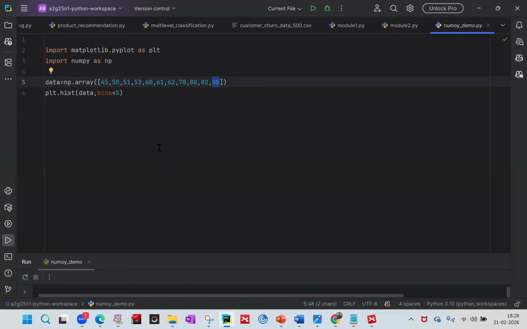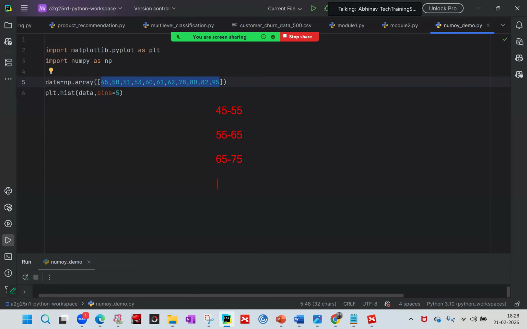So from 45 to 95, it will divide the values into 5 equal parts. How will it divide? It will divide into intervals: in this case 45 to 55, then 55 to 65, then 65 to 75, then 75 to 85, and then 85 to 95. You can see there are 5 intervals, which was decided by this attribute